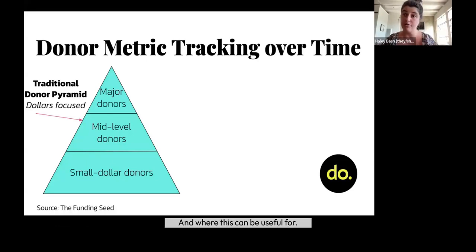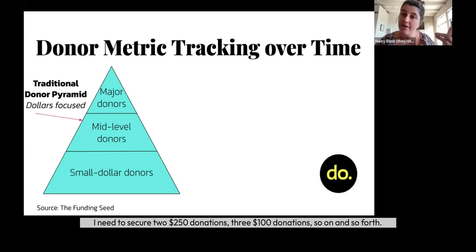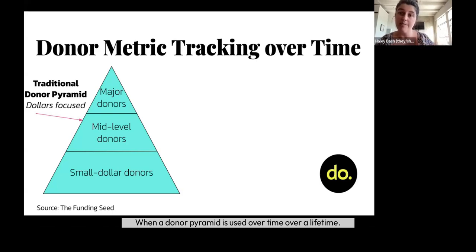Where this tool can be useful is if you're thinking about a one-time campaign. Okay, if I'm trying to raise $1,000, I need to secure two $250 donations, three $100 donations, and so on and so forth. When a donor pyramid is used over time, over a lifetime, the way that it's used,